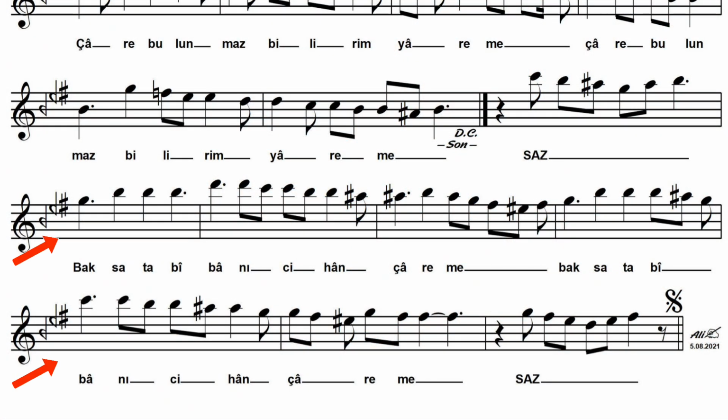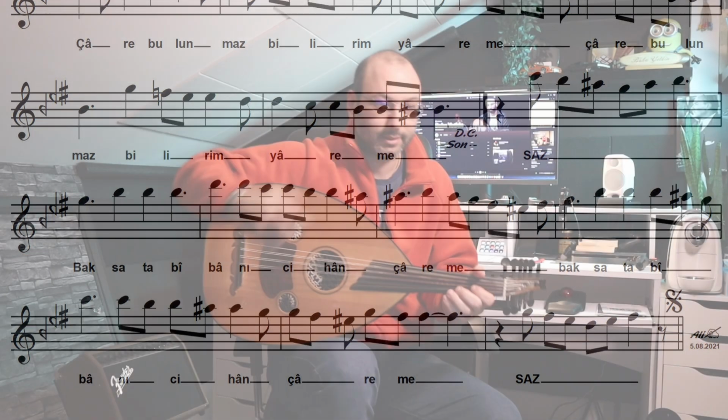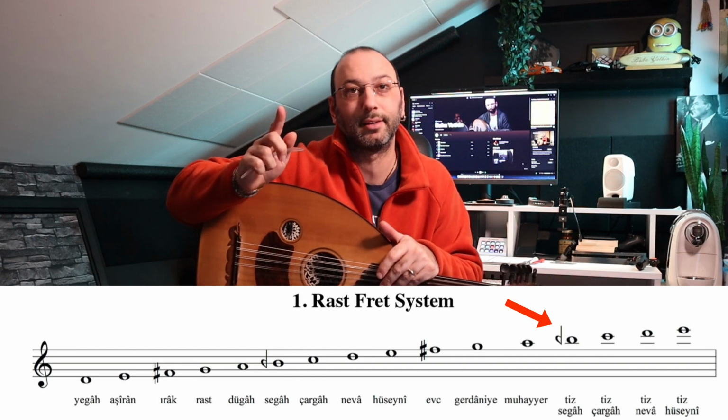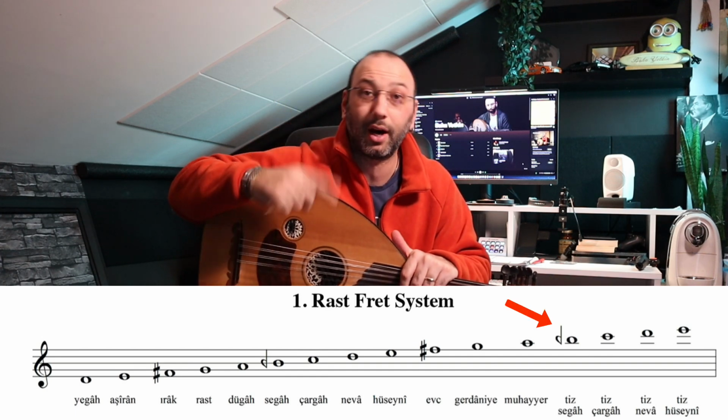I want to show you one more thing, and if we check again, go back to Olmaz ilaç sineyi sat bareme. The last two lines are like the modulation part of the piece. What does it do? That's our topic. So Segah mostly goes to the H note or does the same Segah phrases one octave higher. We call it tiz Segah or higher Segah. Most composers use those higher Segah phrases with H or something related to H.